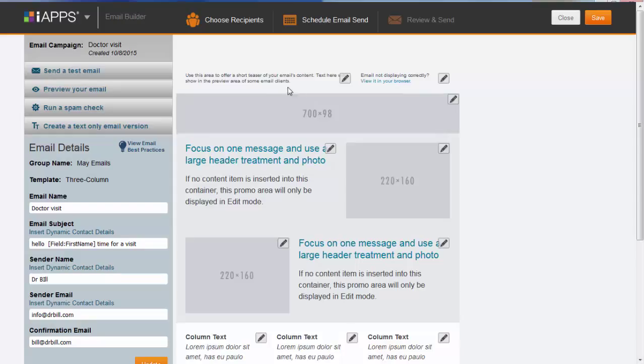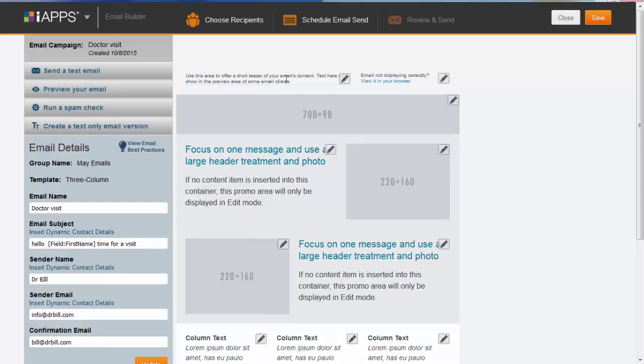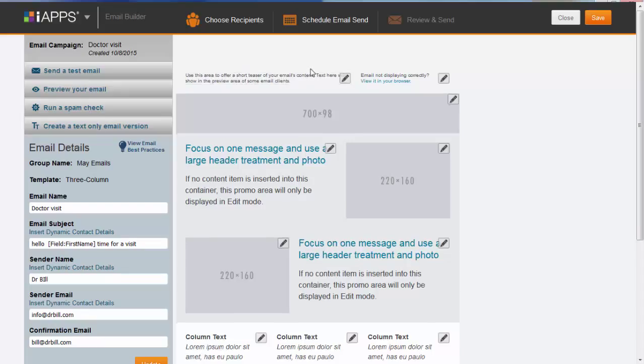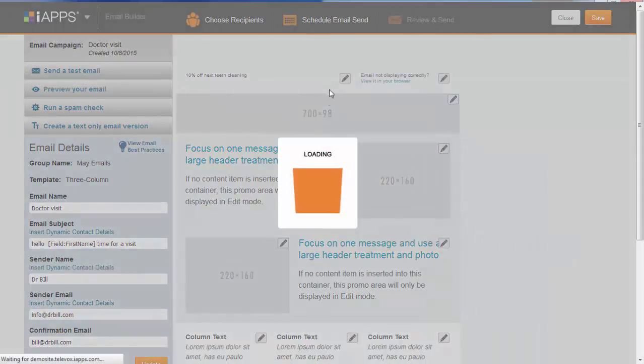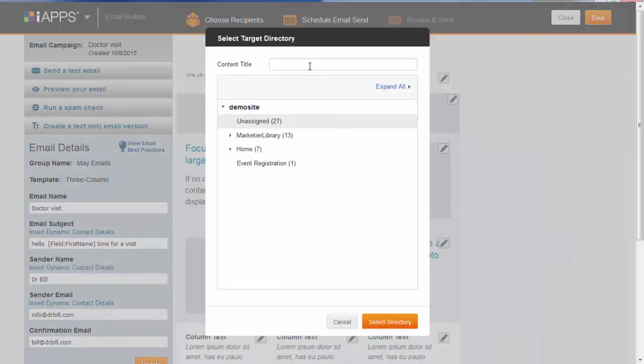So as I go about creating my email, the first thing I see here is this button. Use this area to offer a short teaser of your email content. Okay, great. So in this area, I'm going to write 10% off next teeth cleaning. That's the gist of my email. Now I'm going to save that content, and I'm going to save it into my content library. I'm going to call this top left header,